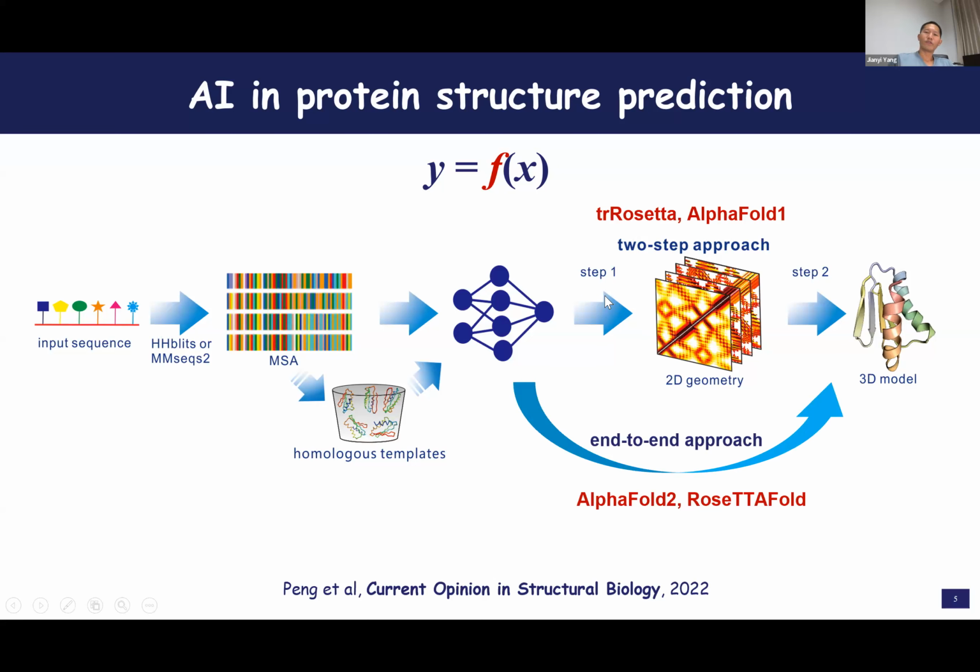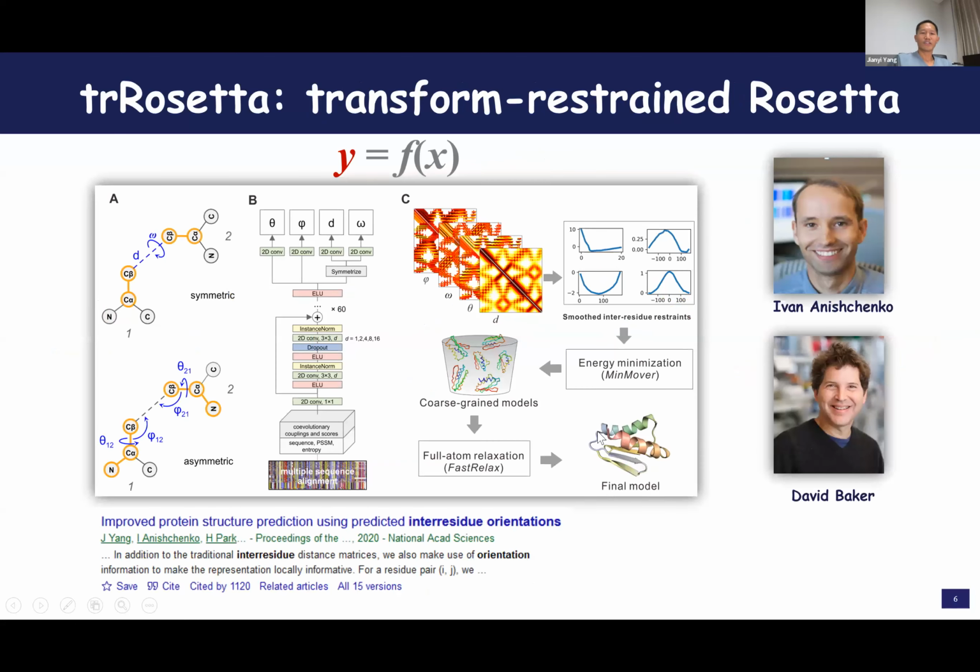So our group developed trRosetta. Then we want to continue developing this kind of method. You can see this is trRosetta. The idea here is to improve the label Y. As I said, at the beginning it's difficult to make the network predict 3D structure directly, so we break it into this image.